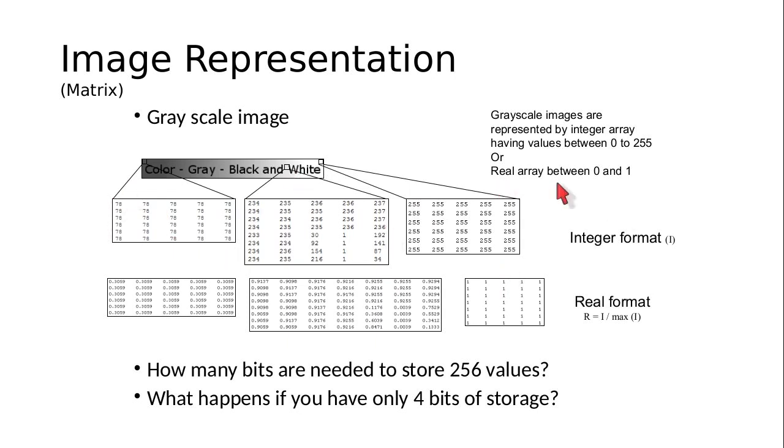This is if the image is stored in integer format. It is also possible to store the image in real values or floating point values. When you do that, these values will range from 0 to 1. So the gray colored value will be close to 0. You can see here the value is a uniform 0.3059. If you take an image from this area, this part, and you zoom it in and you observe its